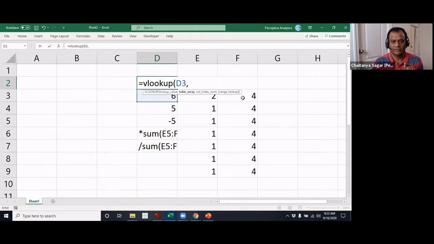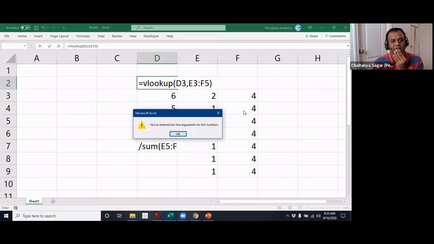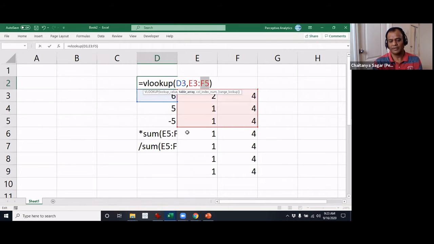Okay, and also there's a little bit more. I'll just come back to this. Let me just complete the formula here. Let's say I do this, and I close the bracket and I hit enter. Basically it will tell you there are just too few arguments to this function. You have to add an adequate number of arguments to this function. Clear? So in some cases, it will tell you. This could be basics for some of you, but it's worth noting some of these things.